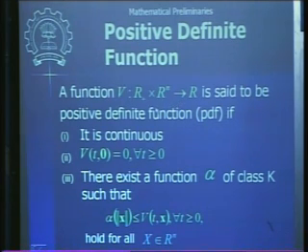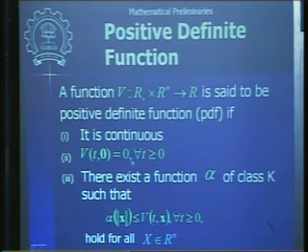It is said to be a positive definite function, or just PDF, if it is continuous. Again the same condition: v of t comma 0 vector. Notice that this 0 is a vector, and it gives scalar 0 as the output of this function